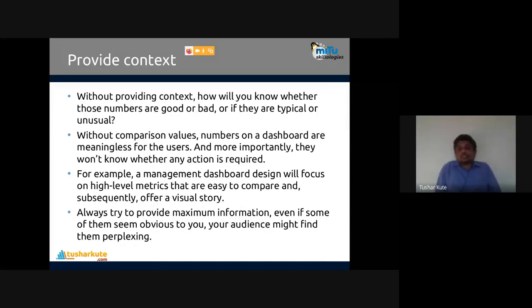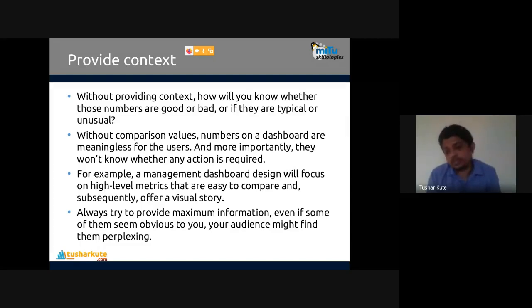Next one, provide context. Without providing context, the status is unclear. Without providing a context, how will you know whether these numbers are good or bad, or whether they're typical or unusual? What is your viewpoint towards it? That's what we call context.